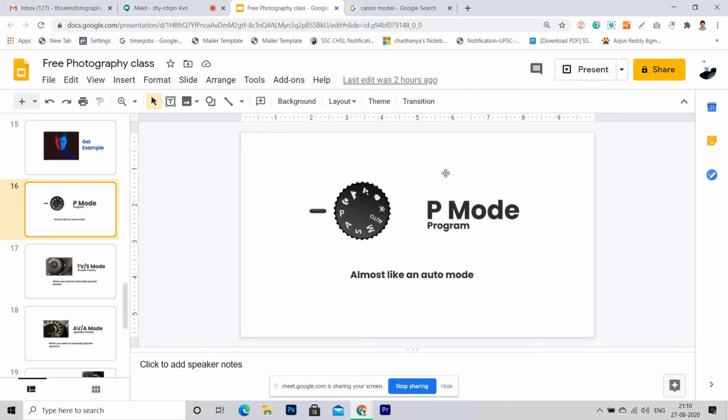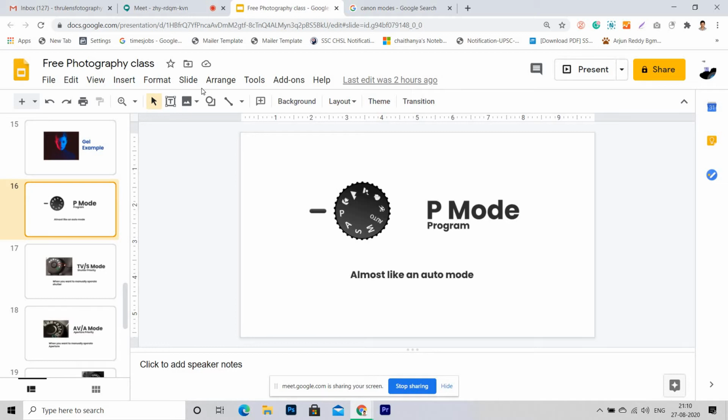So here what will happen is, right now I'll just show you. Okay, for example, whenever it is in P mode, you cannot touch aperture and shutter. For example, when to use?